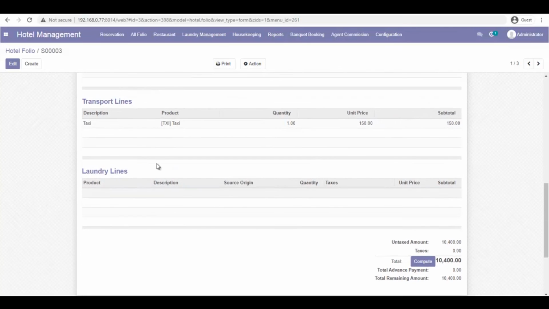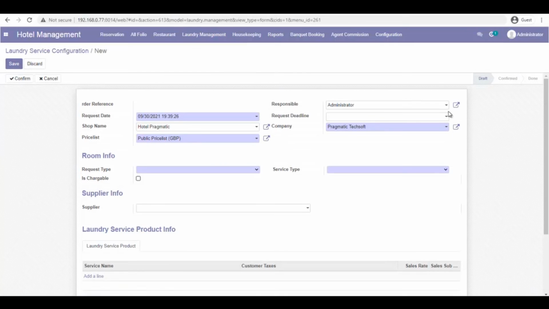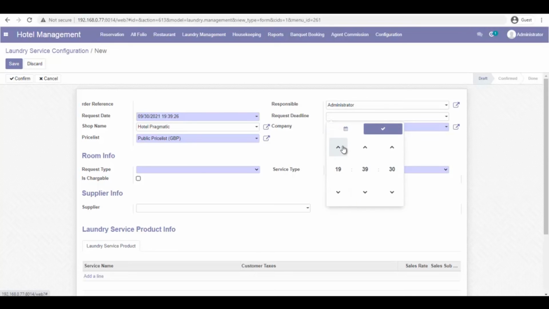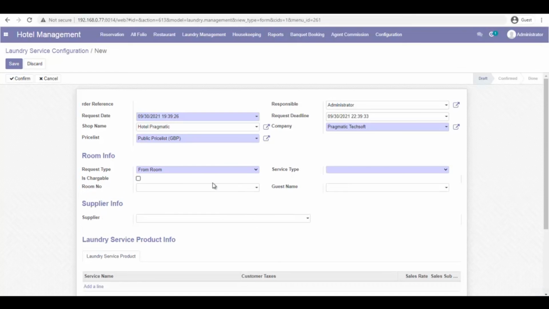Now we'll see how the laundry request can be processed. Here in a laundry request, we have an option to place a laundry request where we can set a responsible person and a deadline to finish that particular request. Now I'll select the type of who is going to order, whether it is an internal order or from a room. I'll select room for that matter,